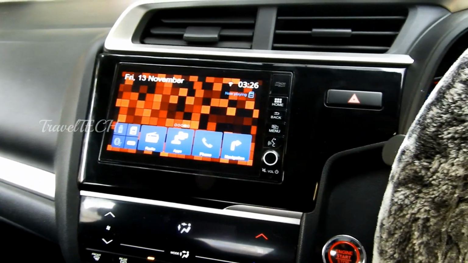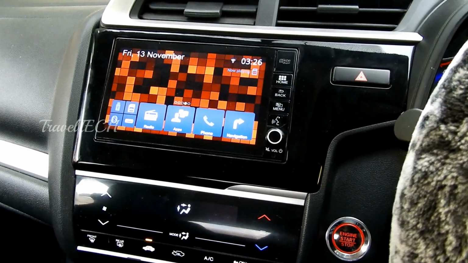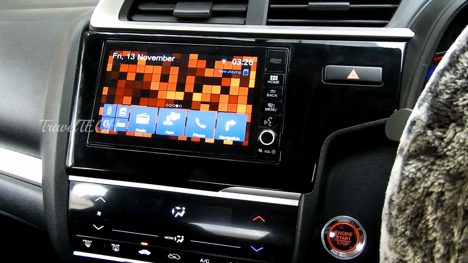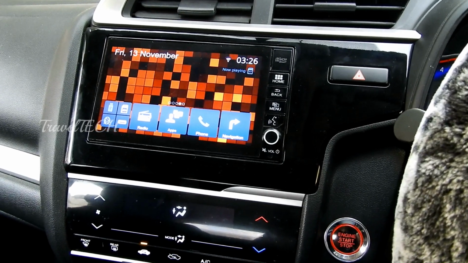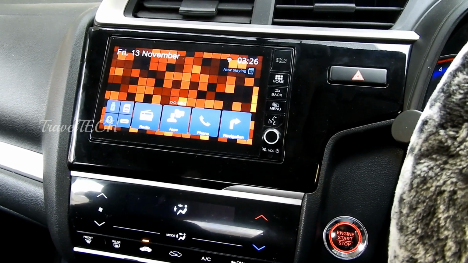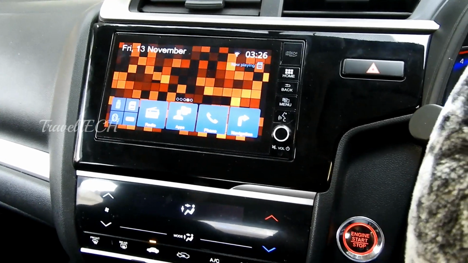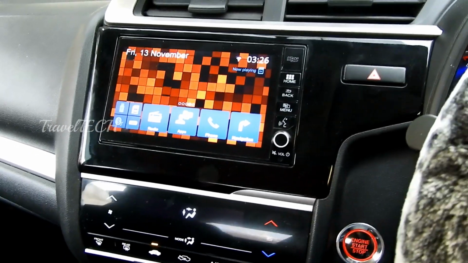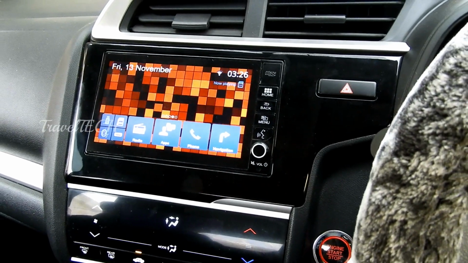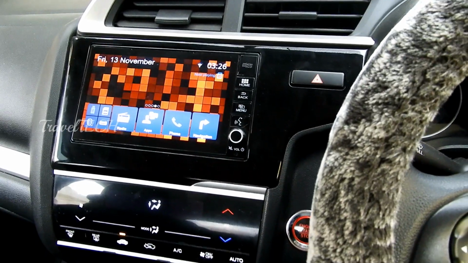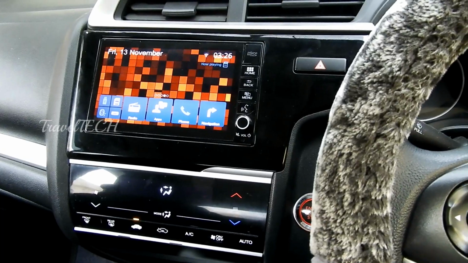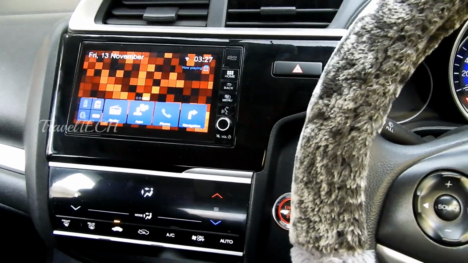And I don't think any other car will ever have this. This is only specially brought out for digipad 1, and even digipad 2 users won't be able to install this. So digipad 1 users can get this in their car, and only they will have this. No other car can ever have this kind of wallpaper on its setup. So this is the Diwali special episode, guys. This is the light grid wallpaper brought to you specially by Traveltech, and I hope you like this wallpaper.